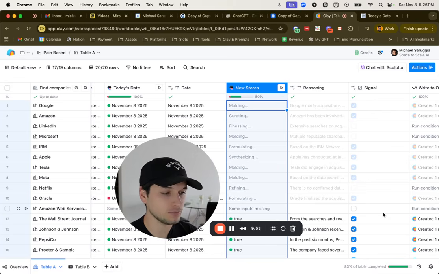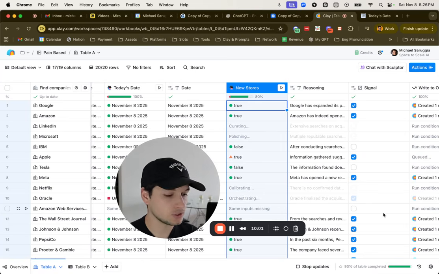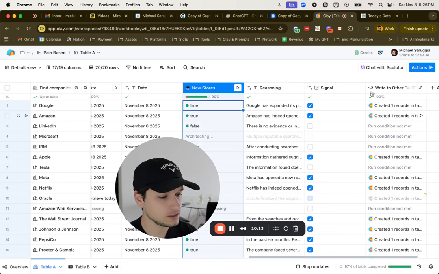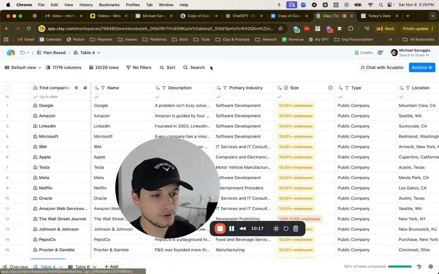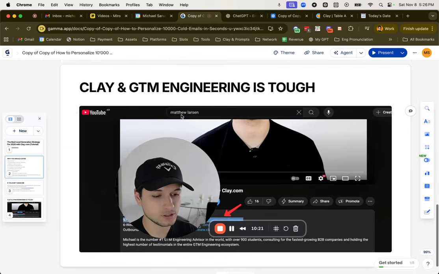And usually this kind of feature is very expensive. Other intent signal providers and software are actually very expensive. They cost like 6 figures, like 6 cents. Okay, while here you can literally build it for a couple of dollars if you have the Clay subscription, which is like $300. Okay, and same, we'll actually send everything here. And this is how it works, guys. I hope it was helpful, basically.